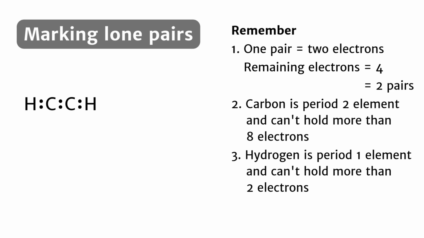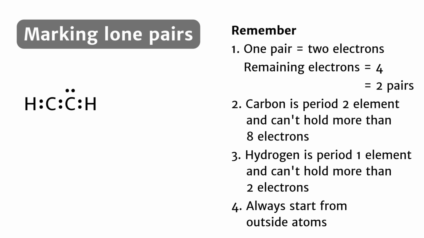shell. Another important point to remember is to always start by marking lone pairs on the outer atoms before placing them on the central atom. In C2H2, the 2 outer hydrogen atoms do not receive any lone pairs, as they cannot hold more than 2 electrons in their valence shells. Therefore, the lone pairs must be distributed between the 2 carbon atoms. The right carbon, being the outer atom, is assigned 2 lone pairs. Meanwhile, the central carbon on the left does not receive any lone pairs, as only 2 pairs are available to